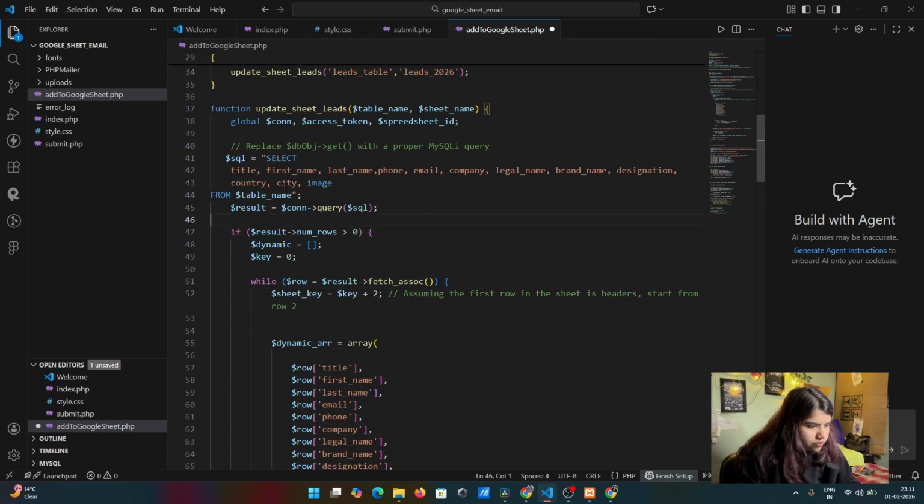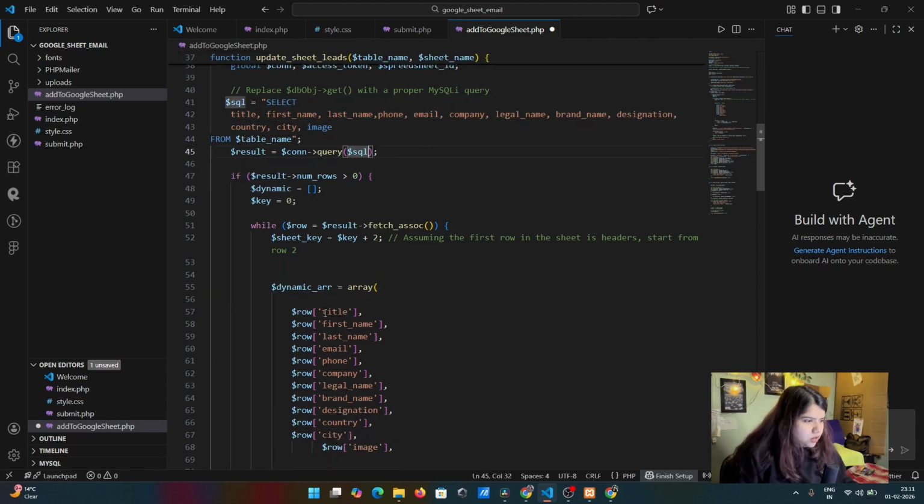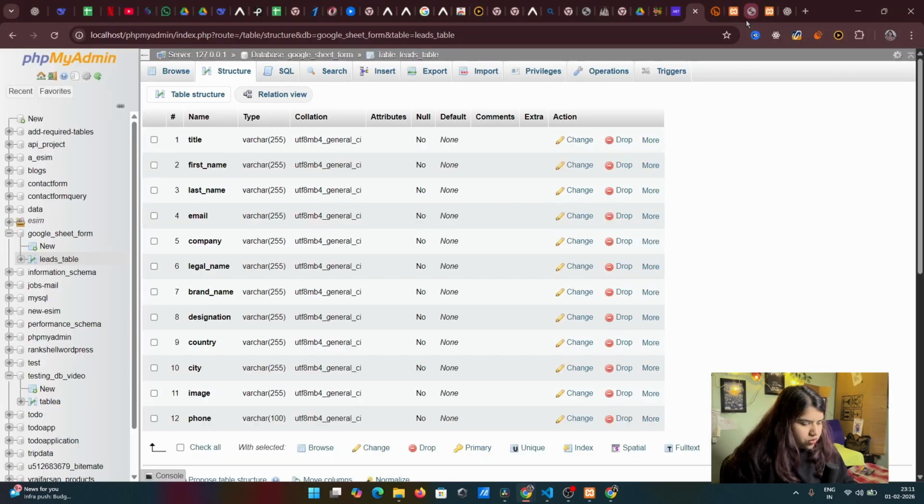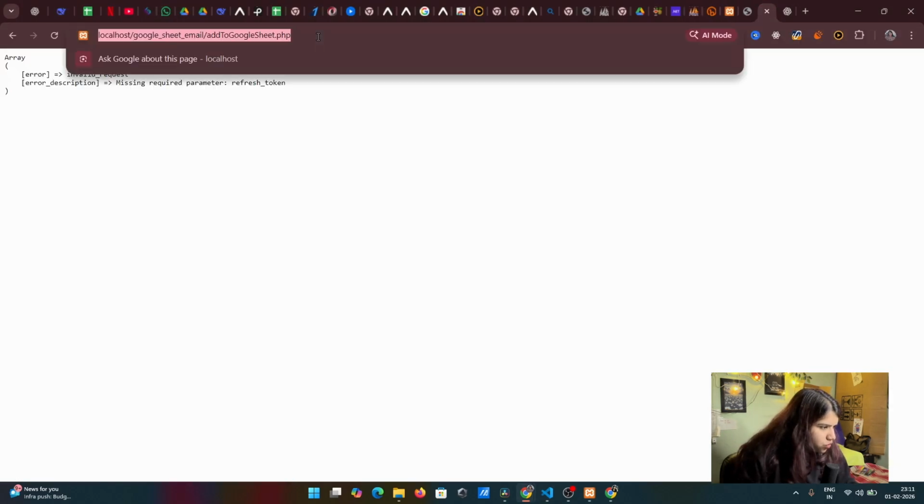So there are two things you need to keep in mind. First, you have all the column names with you, and second, you select those fields, and make sure that you have the same fields here and here. It's not that you don't select this field, because select basically means you are getting it from the backend, from the database. So selecting it and then calling it. Next we just run it. So if I run it now,